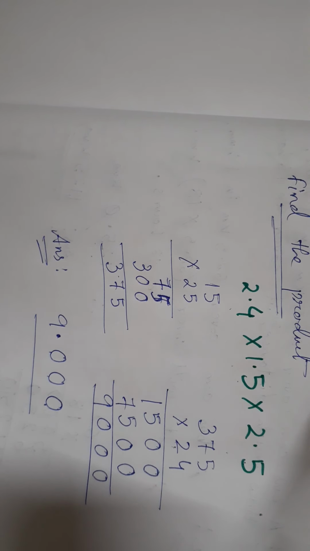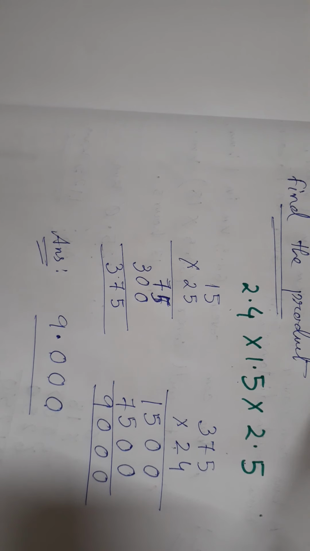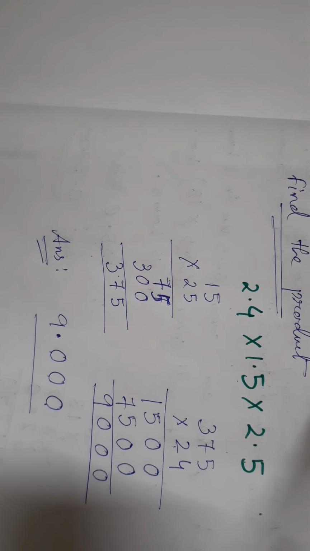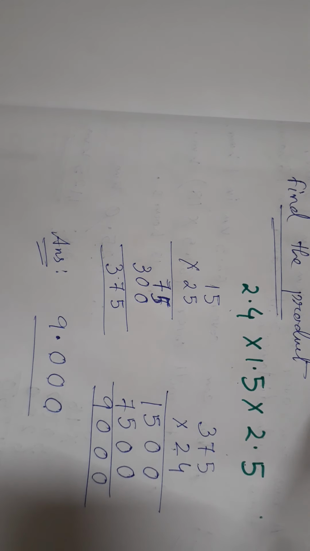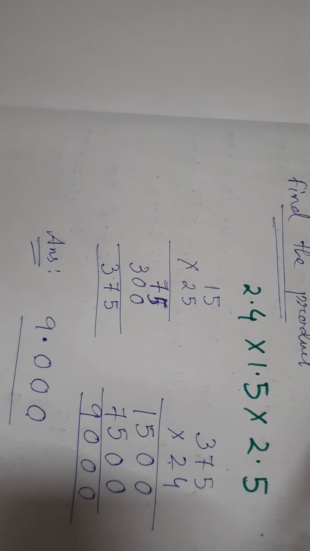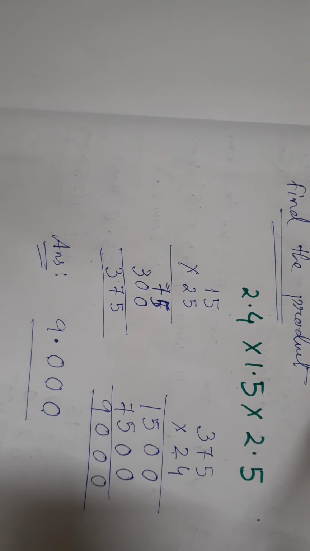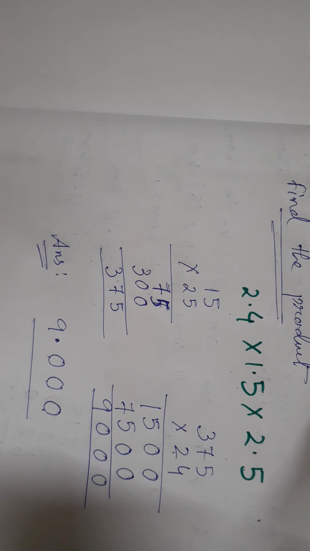So in this way we can multiply the numbers, we can multiply decimal numbers also in the same manner. Only the difference is that we have to consider the decimal points over here. So by using this process we can solve many other word problems also. And in this way we can solve many problems in our daily life also.